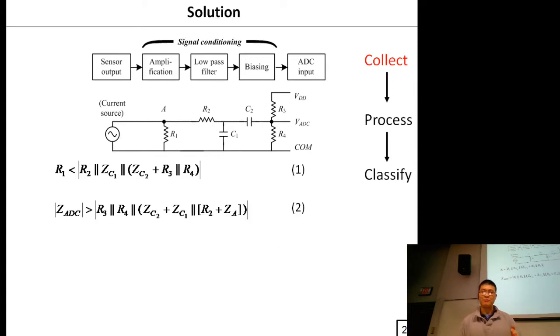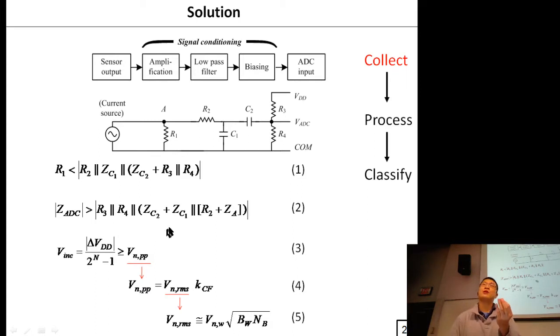And the design of that basically is a balance of impedance, where the impedance at this point has to be lower than the impedance at the rest of the circuit to ensure that I have the correct signal generated. And the impedance from the point of view of the analog to digital converter has to be high enough so that the proper charge can be made here so that the analog to digital converter can work correctly. And also, of course, when I'm talking about impedance, it also is influenced by bandwidth, and bandwidth is influenced by my fault detection method. And also the analog to digital converter itself,